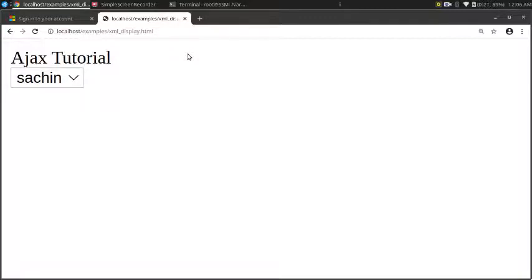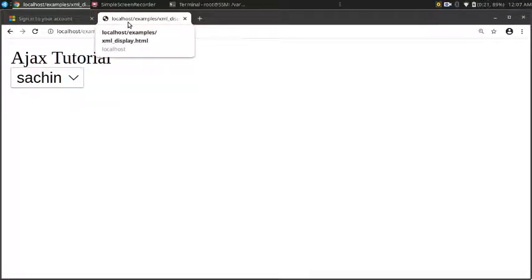Ajax is not a framework, it is a technology in which extensible markup language XML is used, PHP is used, HTML is used. So with the help of Ajax, I will be extracting an XML file with PHP, a particular record from the XML file. So we will see what